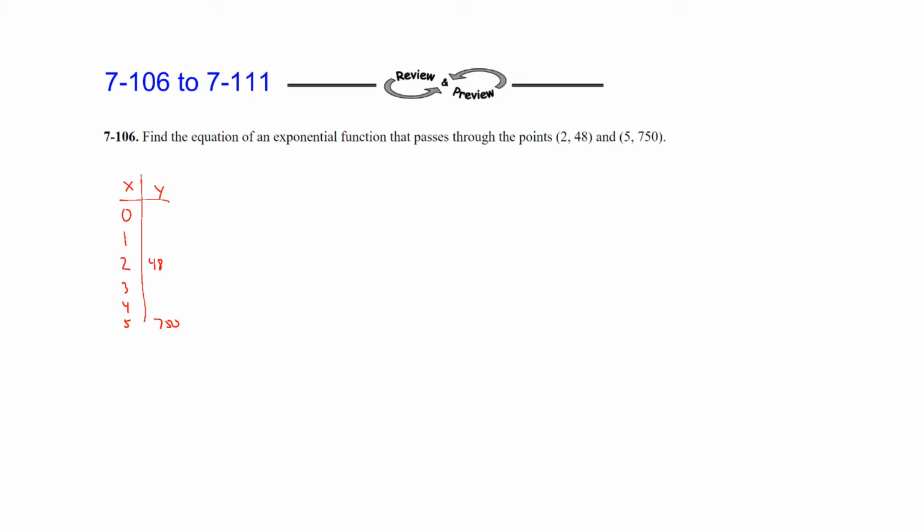So by using the table, what we were asking ourselves is 48 times what value of b would give us the y when x is 3, and then multiply by b to find y when x is 4, and then multiply by b would give us 750 when x is 5. And so what we did was we would set up an equation. 48 times b times b times b, or b to the third, should equal 750 if this is an exponential function. And so we'll take 750 and divide it by 48, and we get a value of